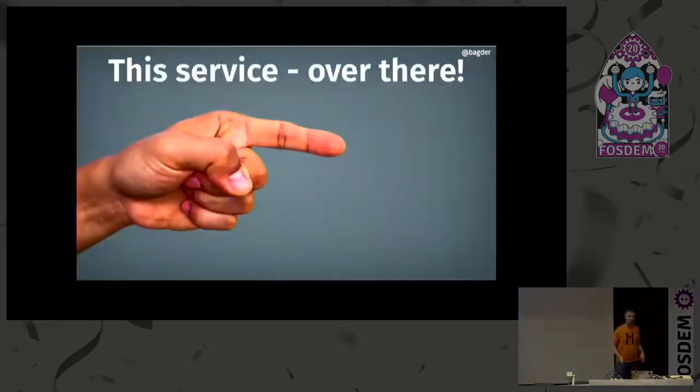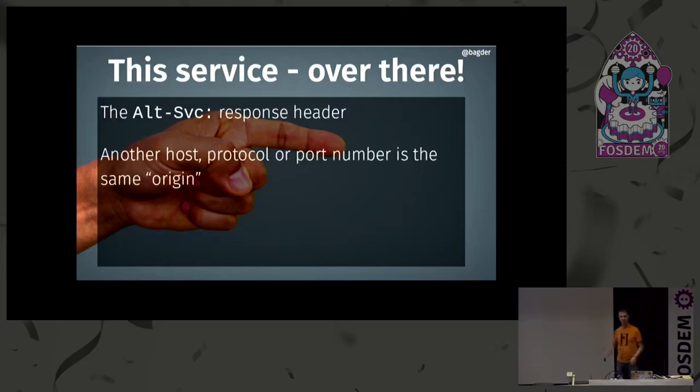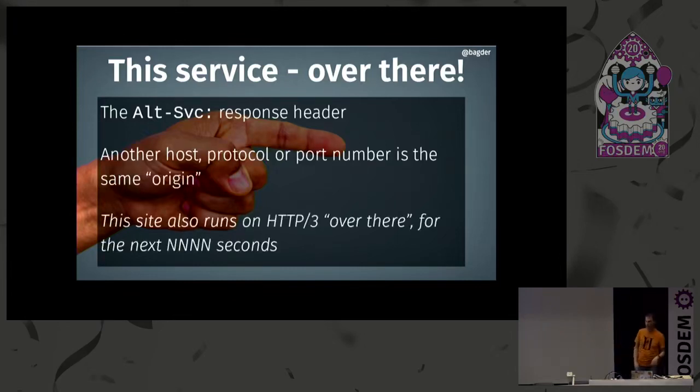Easy. You use this fun header, Alt-Svc. So you have an Alt-Svc header. You actually have to connect to the server with the old style, legacy HTTP/2 or HTTP/1 first, and talk to it, and you get a response back from the server that says, hey, I'm also available over there for this period of time, and I speak this protocol over there. So that's how you're supposed to do this per the spec. Your browser will do this in the background, of course, and try. If it can do this, it can upgrade and use HTTP/3 the next time you go to that server.